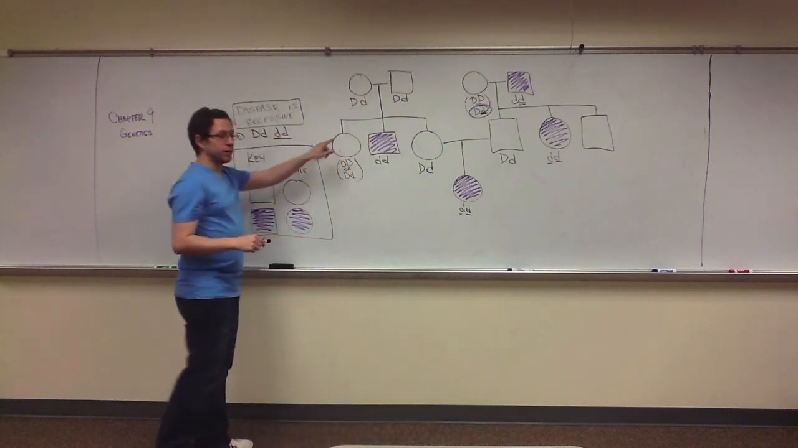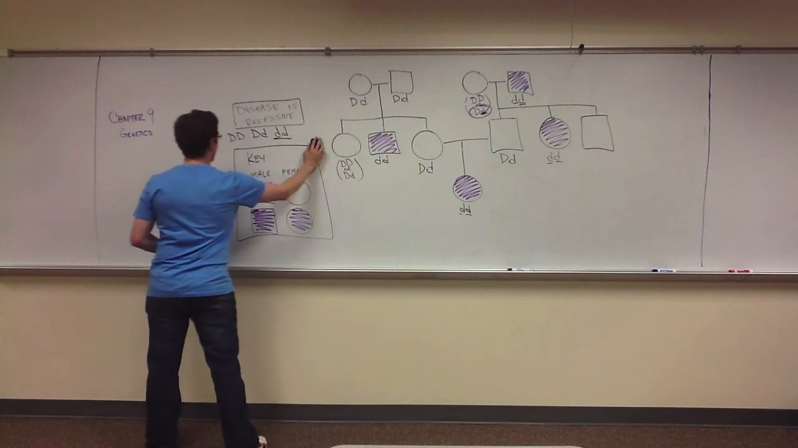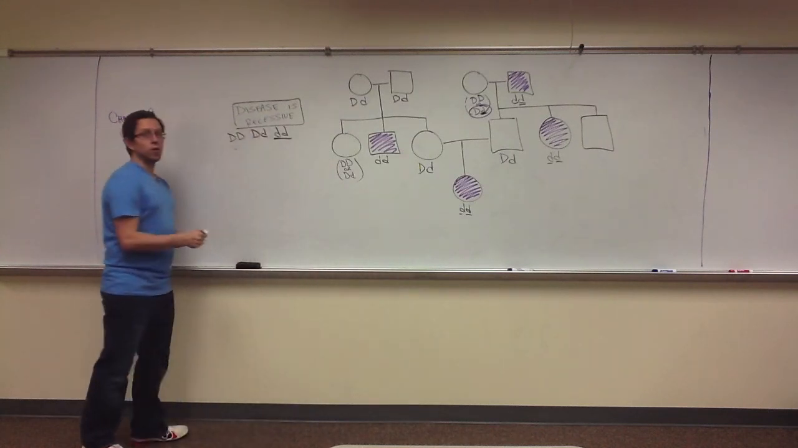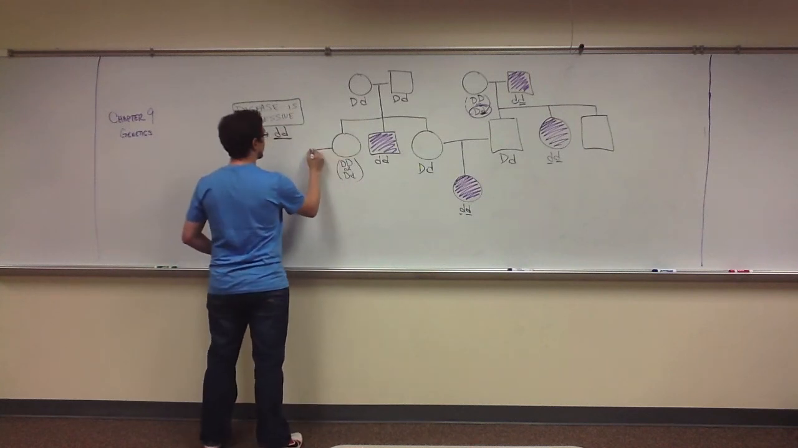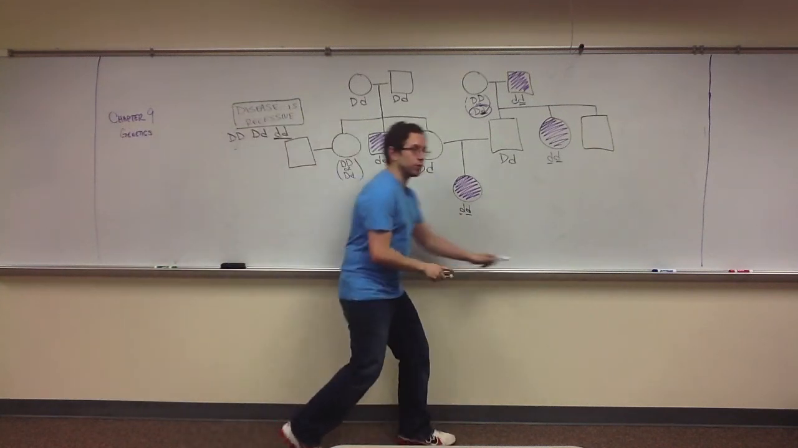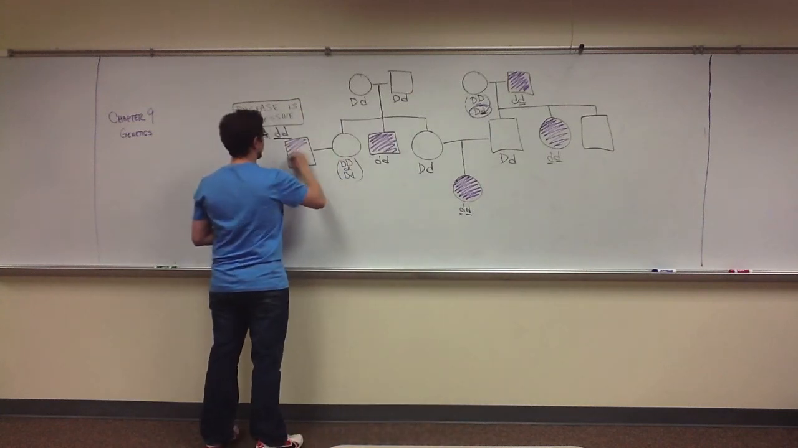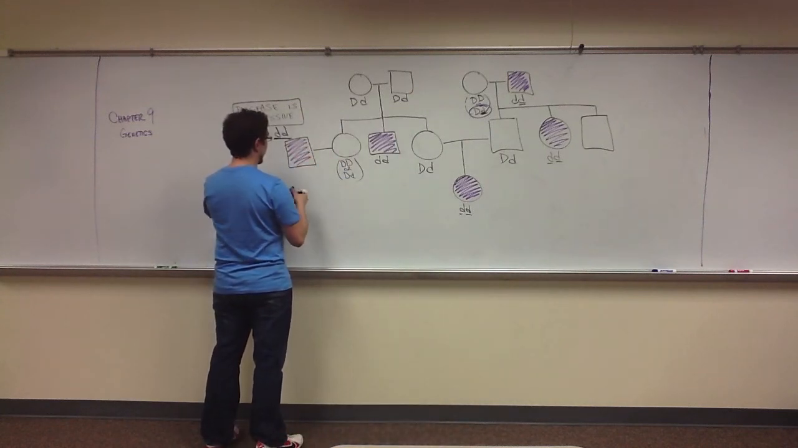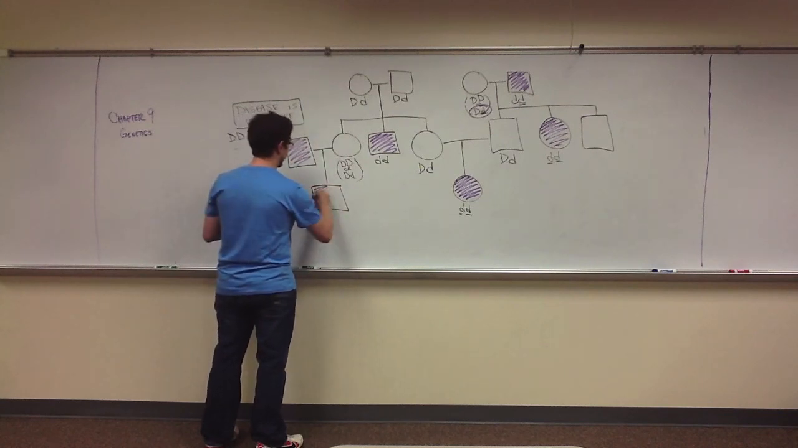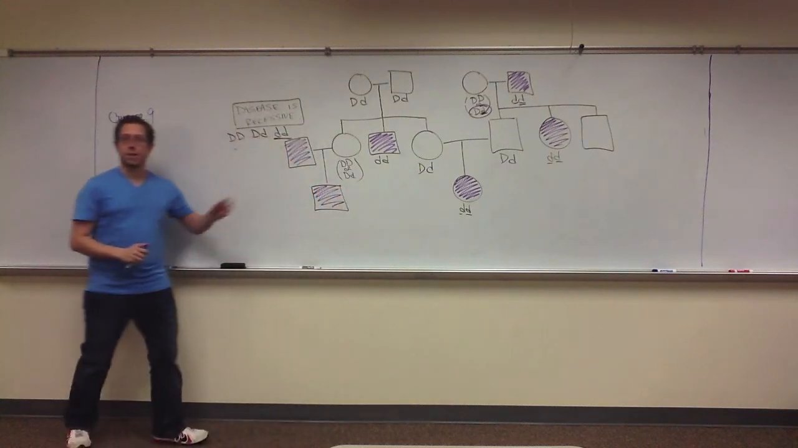For this one, to determine that, I'm going to erase my key real quick. The way I would know is if this person were to have children with the person who has the disorder, or the disease, and the child they have also has the disease, what does that tell me about that mother? Big